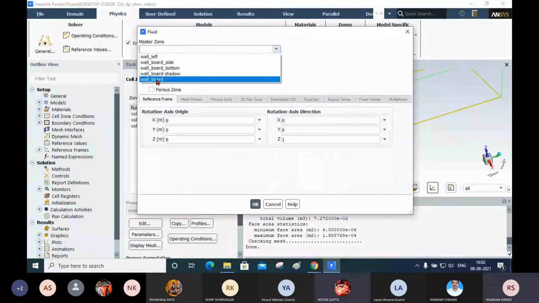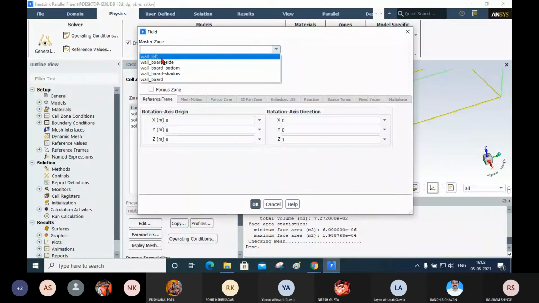What does that mean, sir? If I select wall left, I have to select the solid for that now. Here we are defining the zone, that is the cell zone condition. What type of fluid or what type of material is in that zone, that we are going to define here.